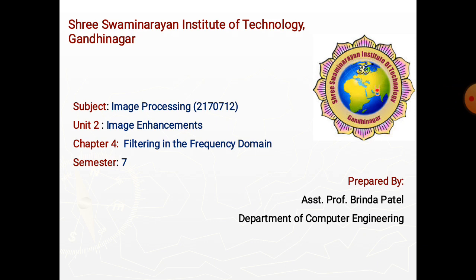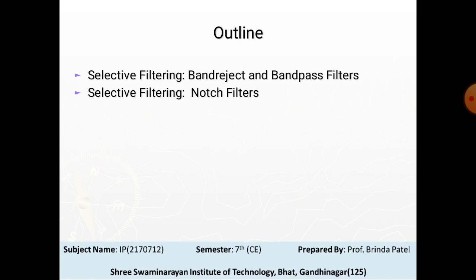In previous lecture, हमने देखा था इमेज शार्पनिंग यूजिंग फिल्टर डोमेन के बारे में. उसके अंदर हमने देखा था आइडियल हाई पास फिल्टर्स, बटरवर्थ हाई पास फिल्टर्स, गॉसियन हाई पास फिल्टर्स, लाप्लासियन in the frequency domain, and unsharp masking, high boost filtering and high frequency emphasis filtering, and about homomorphic filtering. So now in today's lecture we will see about selective filtering, in that band reject and band pass filters, and in that other one is notch filters.